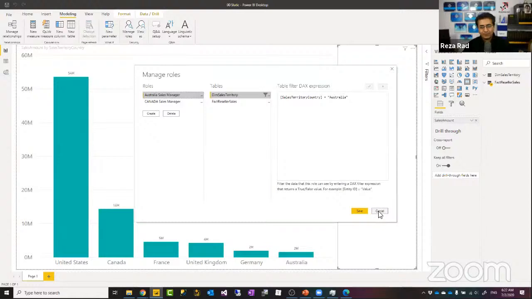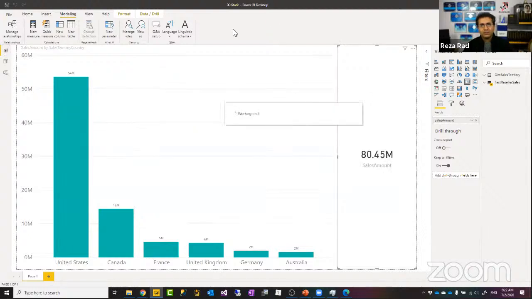The difference with dynamic row-level security is that to make changes, you don't need to open Power BI Desktop. You store the logic of row-level security inside your data tables, inside your data models, inside the way they are related to each other. That means if you later want to modify anything, you just add records to the tables.